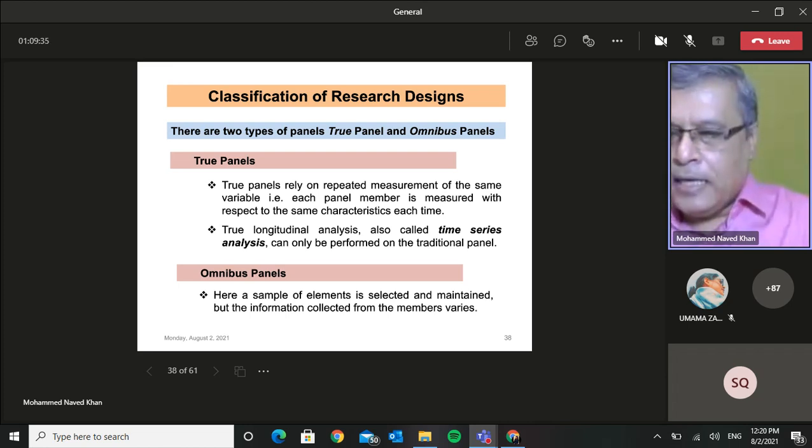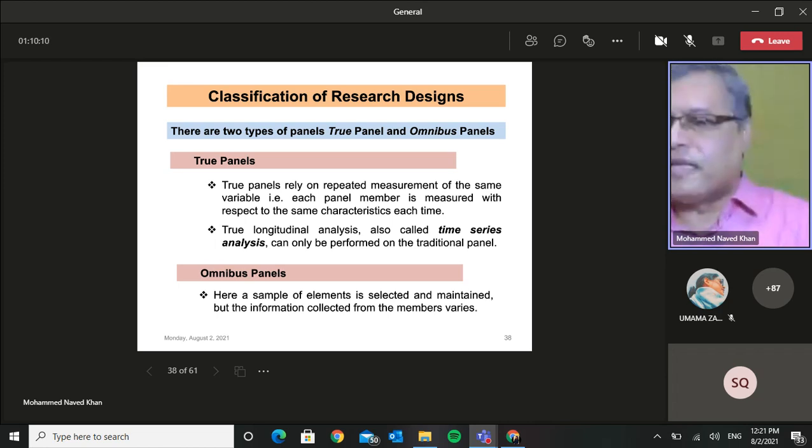See, just try to connect true to this aspect, that in case of true panel designs, the subject of interest remains the same. Each time we approach the respondent, the same characteristic is of interest to us. Suppose, imagine that we approach them with the same questionnaire without any change, maybe something related to the same brands, the same organization regarding which we have some studies being done, and it will continue, say for the next 3 or 4 or 5 instances, or for the duration of the study.